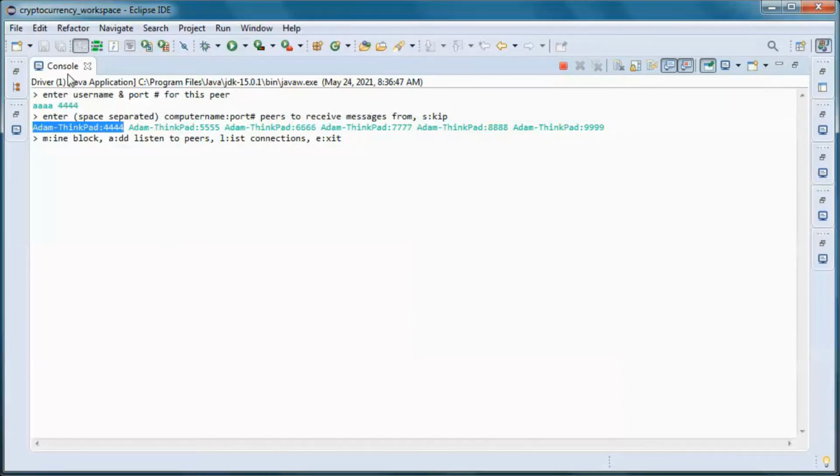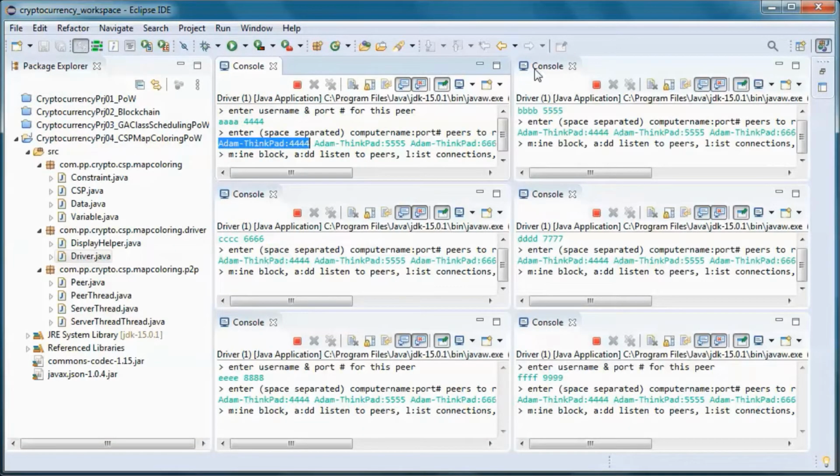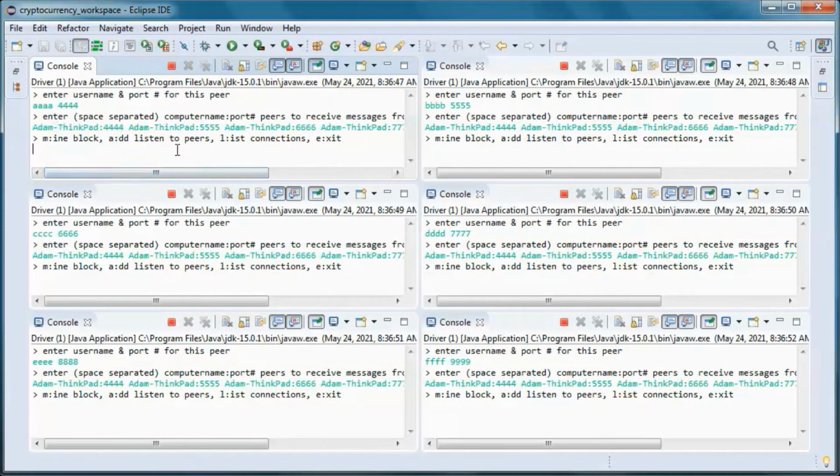So I have that for convenience since I'm entering it for all the peers. And let's go ahead and start mining on each one of the peers.